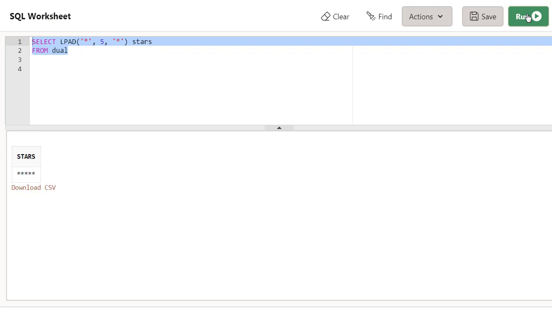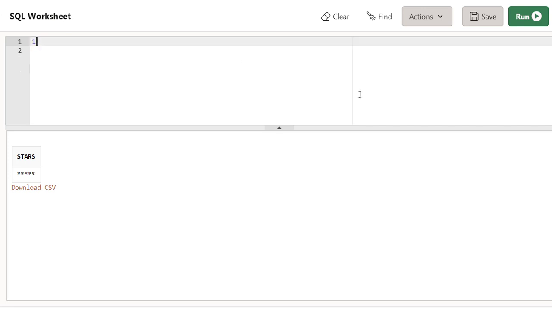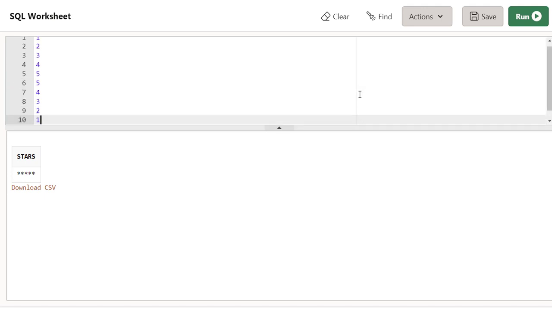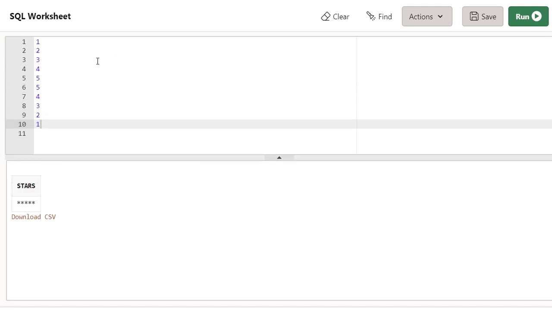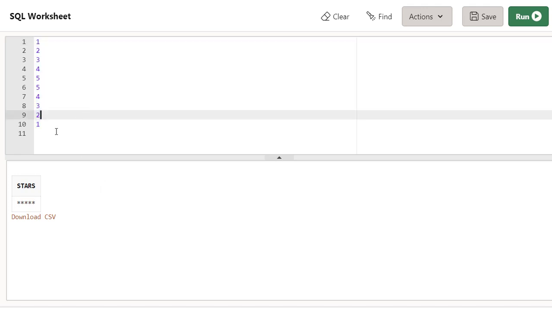Easy enough. Well, then the problem essentially will turn into a different one. What we will need to do is to write a SQL query that would build an output like that, from 1 to 5, and then backward: 5, 4, 3, 2, and 1. So if we can write a query that returns this output, then we will apply this LPAD technique to it, and we will get the answer with character strings. Okay,